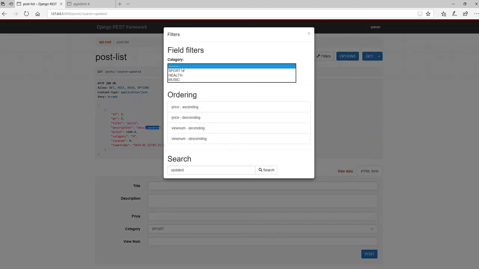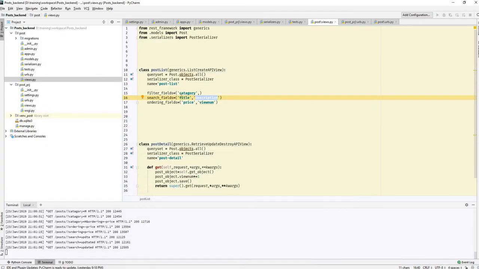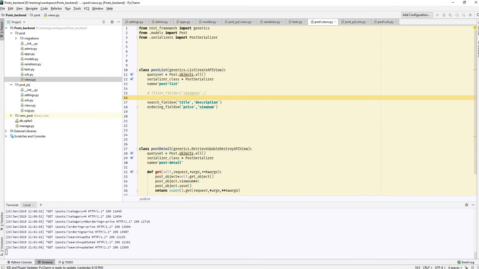So in our filtering, we just have categorical filter, right? We can't say give me the data on a certain range. So let's see how we can pull that off. So here, first thing is just to comment this out. And now what we are going to do, rather than getting a filter field, we can go ahead and say filter